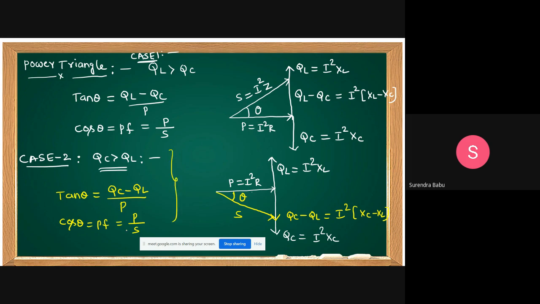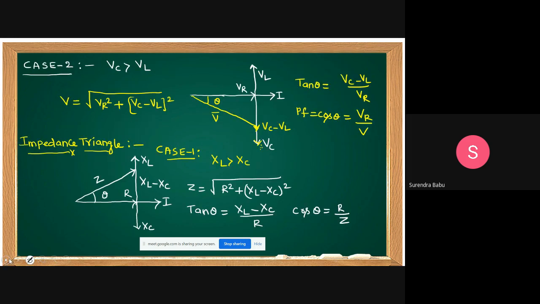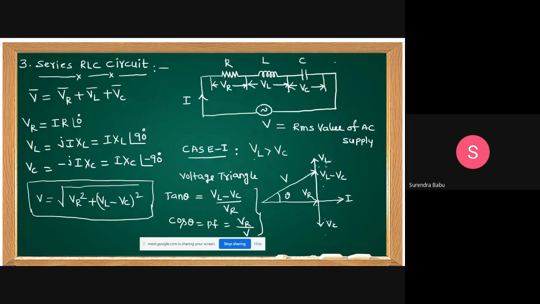So this is the AC analysis of series circuits: RL circuit, RC circuit, and RLC circuit. Do you have any doubt? Any doubt here, students? Concentrate on all these. Here also you can write, if it is asked what is IM, then based on whether XL is greater than XC or XC is greater than XL, here IM equal to VM by Z. Here also IM equal to VM by Z. That is a point to remember.